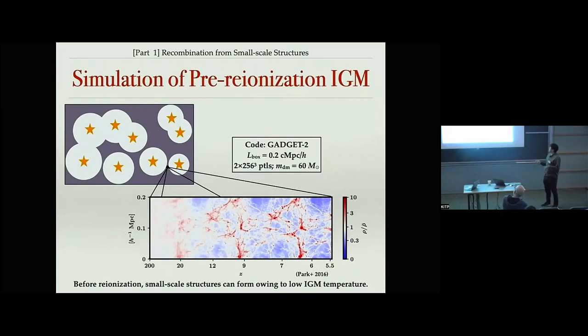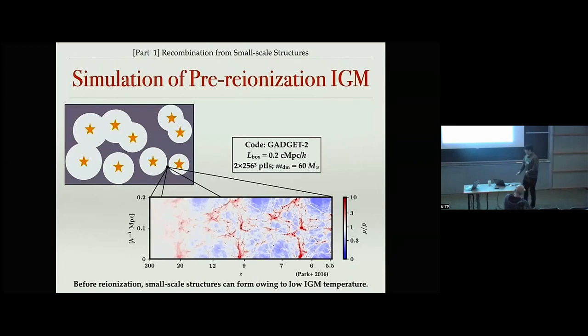To simulate the small-scale cosmic web, I run a tiny box simulation of 0.2 megaparsec with 256^3 particles, so I can resolve structures down to about 1,000 solar mass. This volume is an average density part of the universe where nothing interesting happens. It will just passively evolve without any dramatic baryonic physics until it gets ionized by an external radiation background. You can see cosmic web structures forming from redshift 200, where I initialize the simulation, down to redshift 6. This is possible because the IGM at this time, before reionization, has very low temperature,